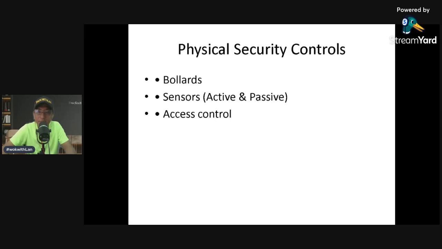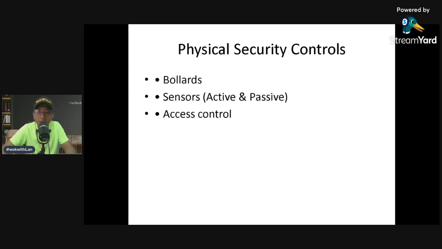Okay, so let's proceed with the physical security controls. So there are many ways. The physical security controls protect buildings and hardware. I remember in NAIA, right, a few years ago or few months ago, there are bollards that protect the passengers or the relatives of the passengers. But it so happened when a vehicle rammed that particular bollard, it was not able to protect the passengers. Actually, the daughter of the OFW died on that spot.